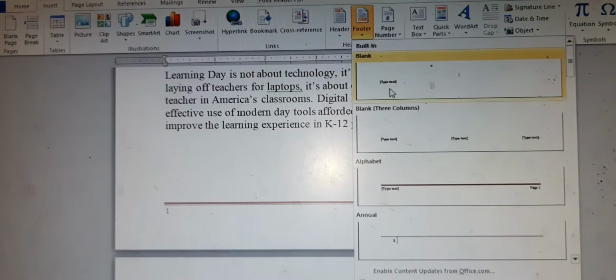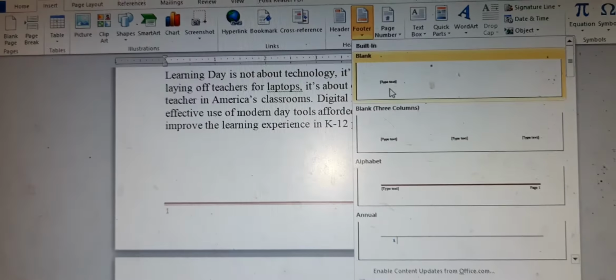Now you find your Digital Learning Day header as well as your footer is appearing, and it will also continue on the next page. You find the first page is 1 and the second page automatically comes as 2. So this is the major application of headers and footers. I hope all of you understand how to apply header and footer in Microsoft Word.